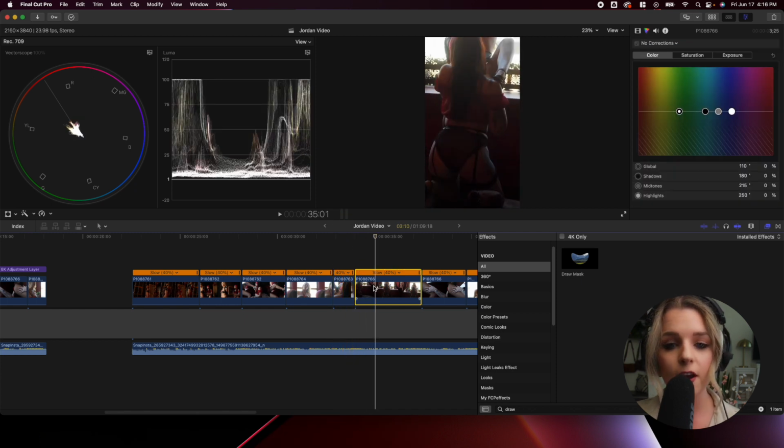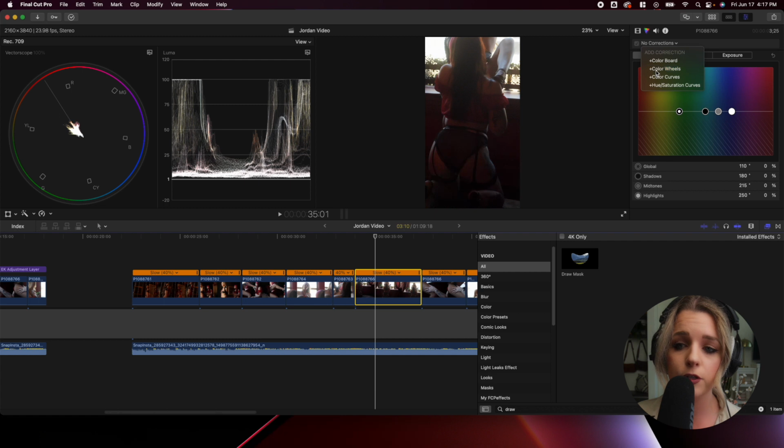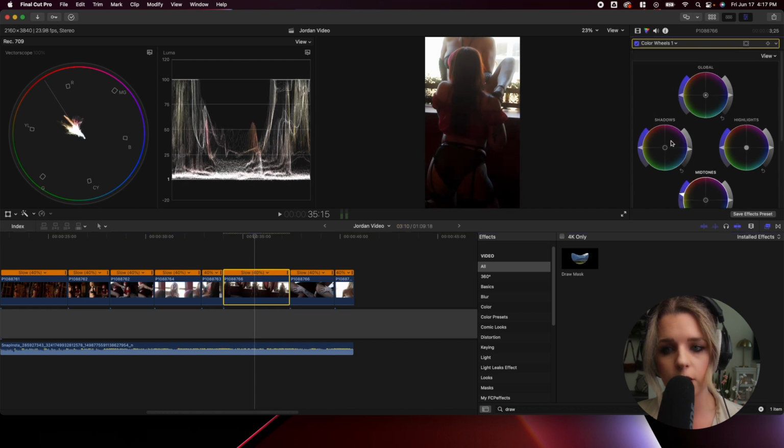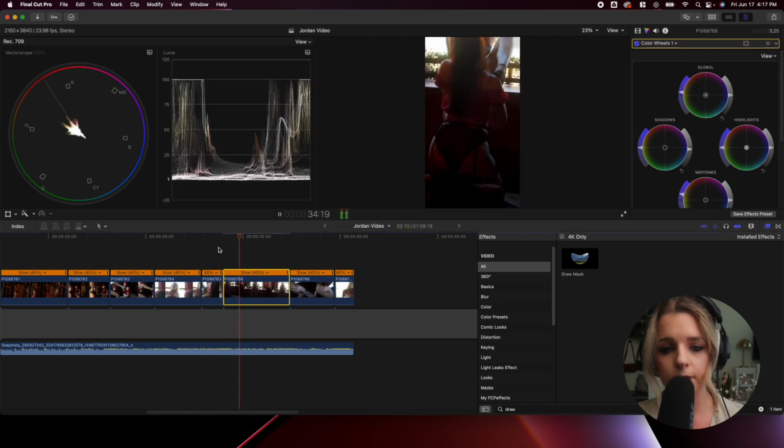For this one, they are really in the shadows, so I really don't have to worry about the skin tones being accurate. I'm just going to go ahead and go over to the color wheels right here. I want to make sure that my shadows are right at 0, so I am just going to boost that down just a little bit, add a little bit of saturation in the midtones and overall. And this is what I have.